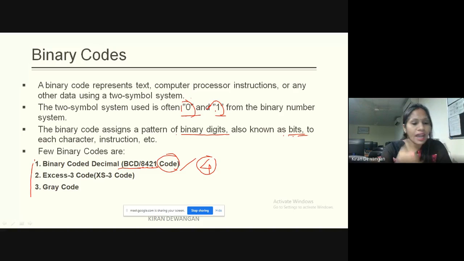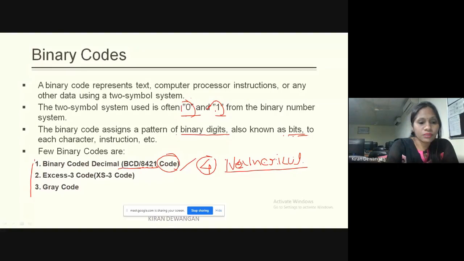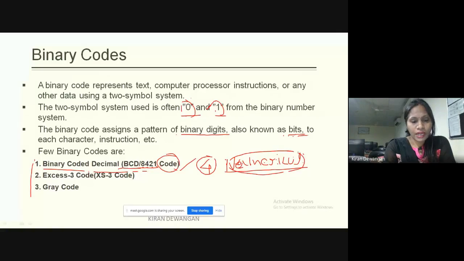So we are actually coding the numerical values here. We can definitely code our characters as well, but here, by making use of binary coded decimal, we are just coding our decimal values, that is the numbers. We are coding only numbers.